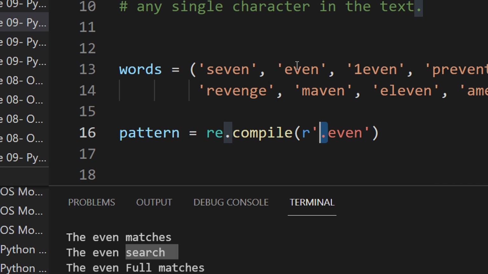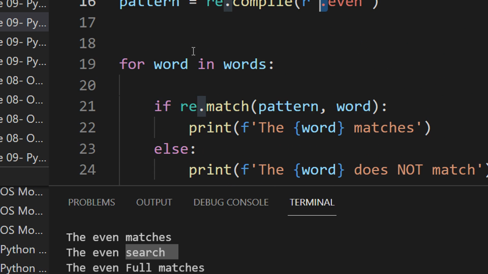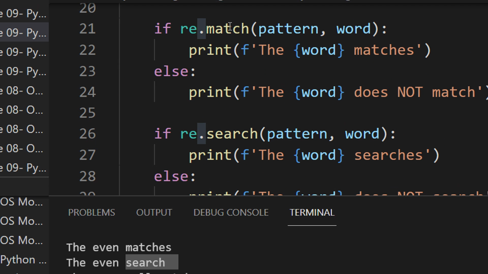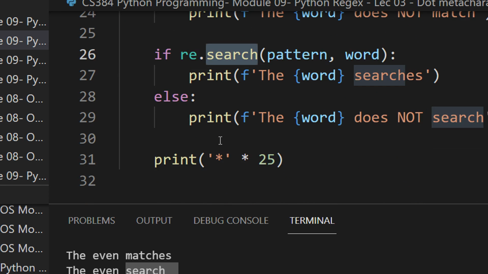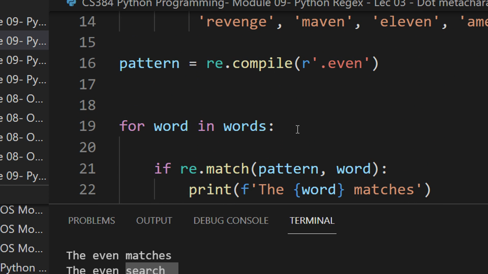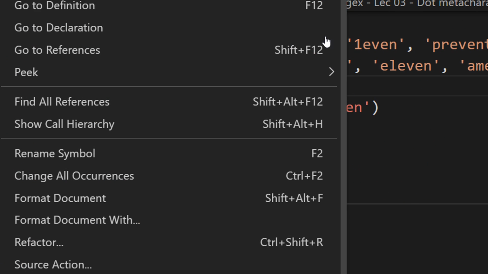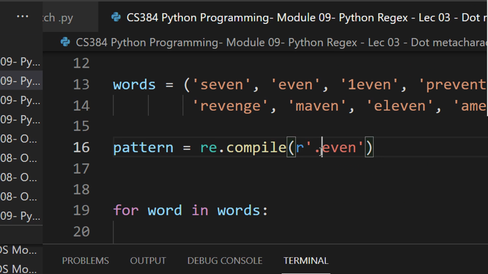So let us see what happens here. What I'm doing here is a match, a search, right? Now let us see the output and then we will see what is happening. Basically this dot can be capital A to Z, small a to z, and I think a number also, but let me just see.